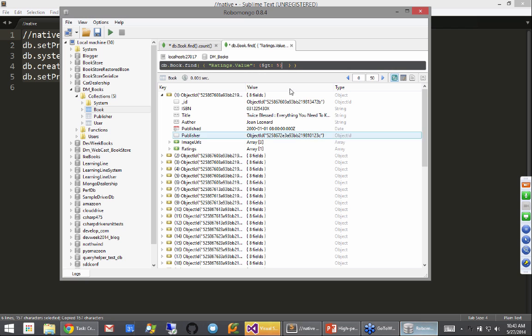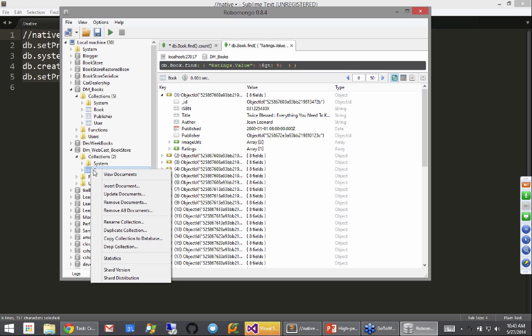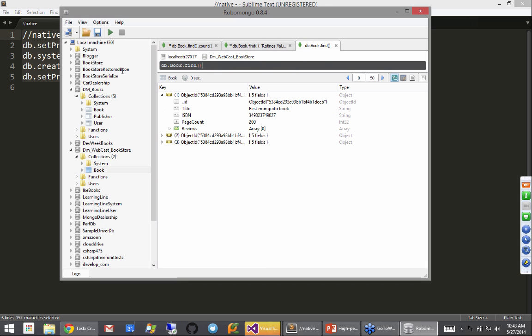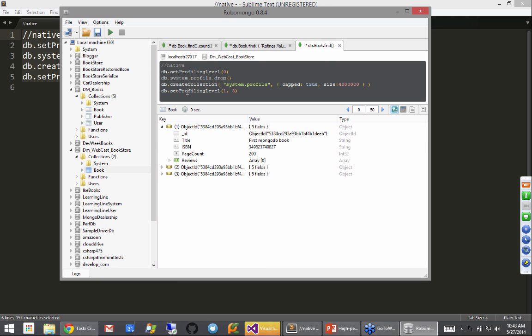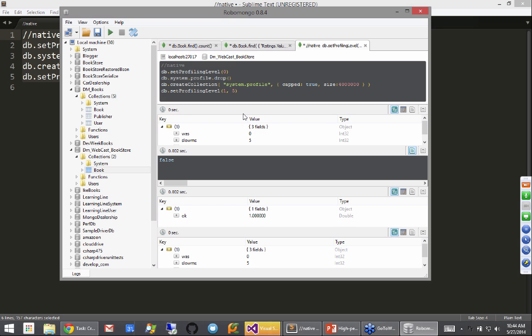Let me throw this into RoboMongo. Let's say we're going to do this for this collection here. So we can come over to this guy, and we can go to our database we just created, and you can say turn profiling off, drop the table, and then reset it, and then turn profiling on. And what this means is log slow queries, that is the ones that take 5 milliseconds or more. All right, so let me run this. So now we have profiling on in this thing.